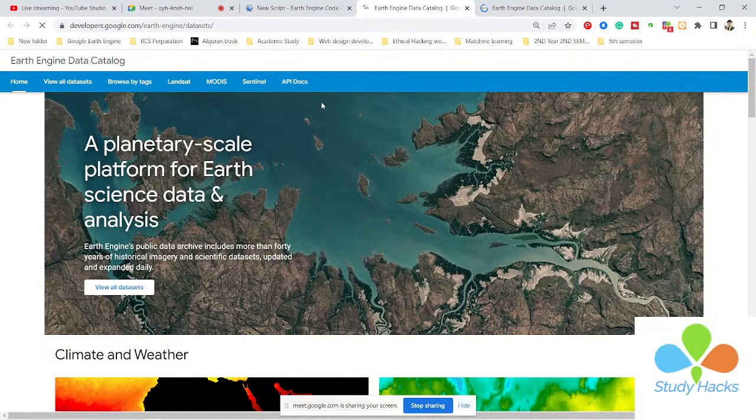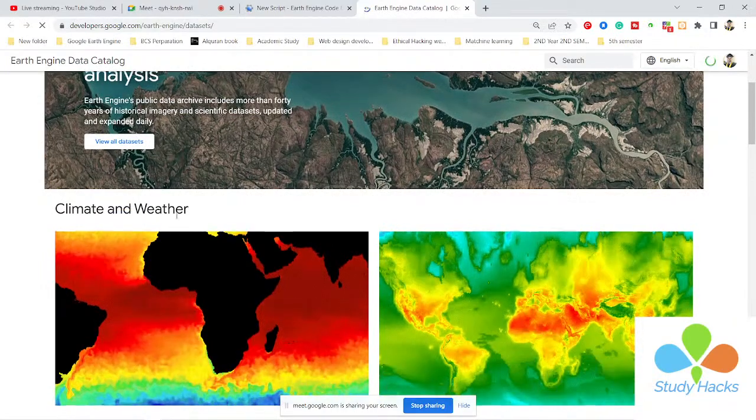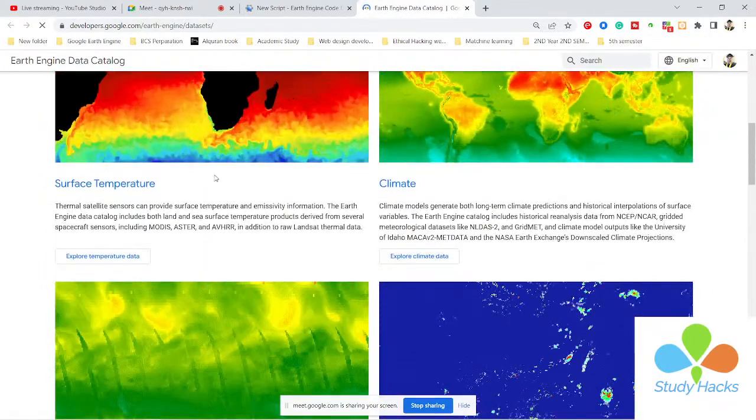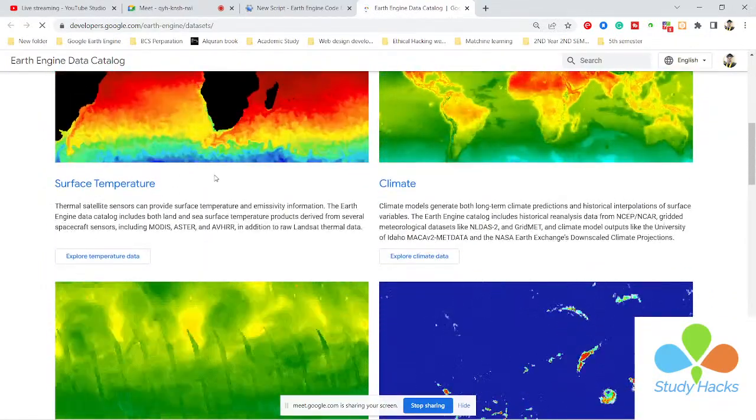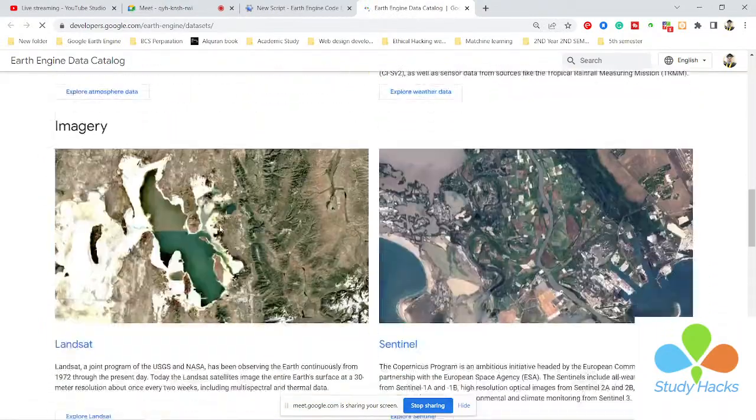Okay, so now we can see it appeared, all of the Earth Engine data catalog. Here we can get all of the data set. Here you can see the climate and weather data. We can get the surface reflectance data, also get the climate data, also the atmospheric data, weather data, different